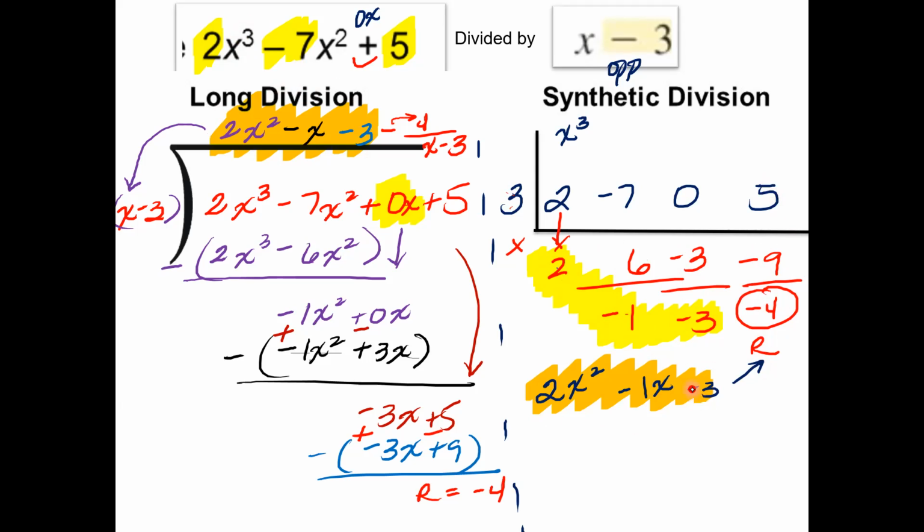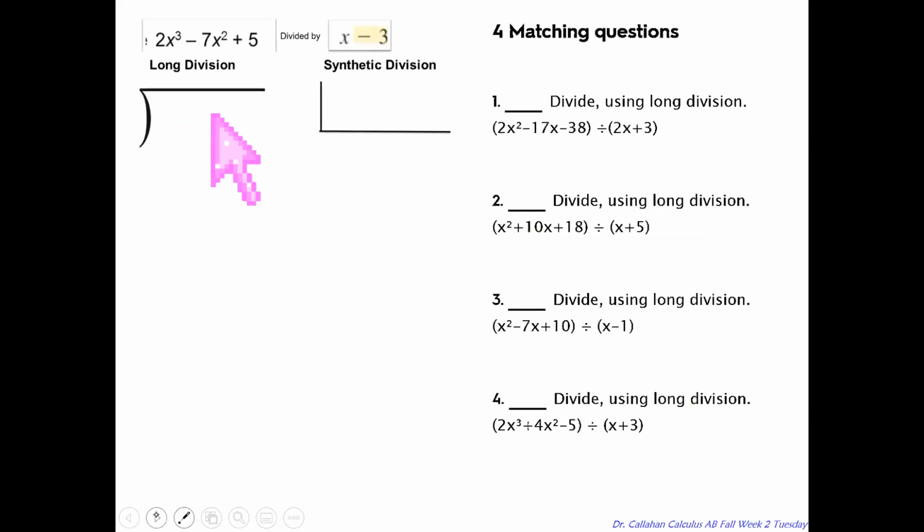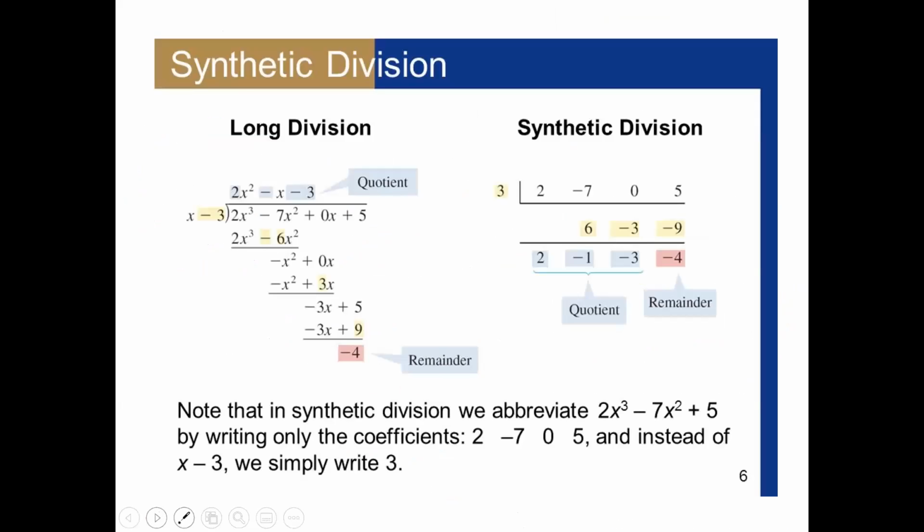Personally, on a personal preference, I prefer long division. Synthetic division is fine. It's just a little bit more, I feel like you have to memorize more of the tricks rather than doing anything else. All right, so now that you have seen both of them at work,